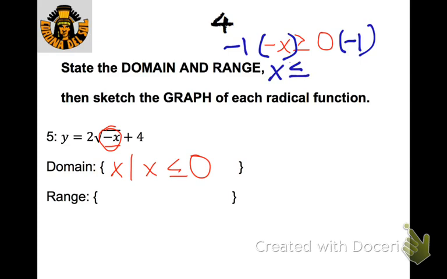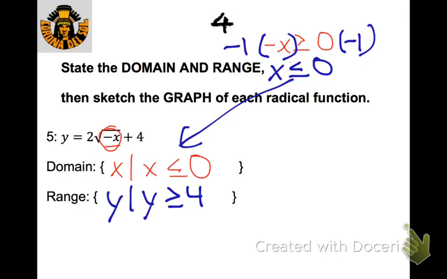So then it would be less than or equal to 0. That's where we get this. All right, and then the range is going to be, of course, utilizing the 4. So we're going to say y is, and this isn't reflected or anything, so it should be greater than or equal to 4. And then as far as the graph goes, a little sketch, you would go 0, so it's just shifted up 4 units, 1, 2, 3, 4,